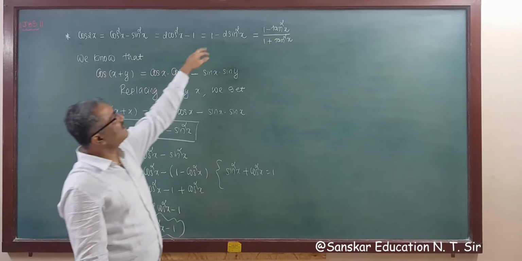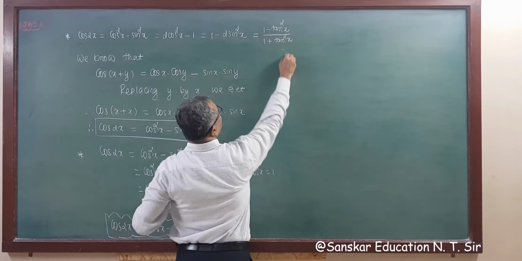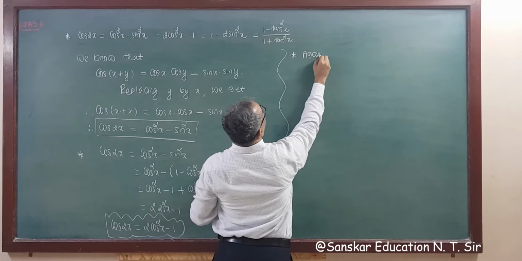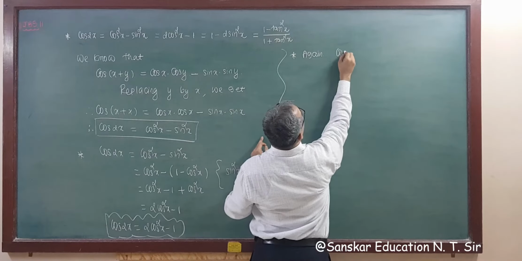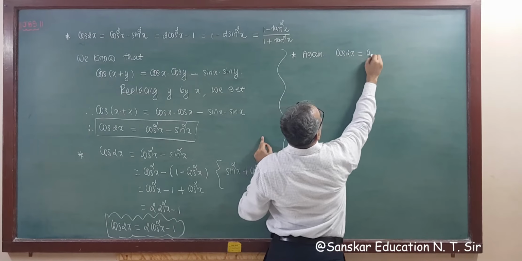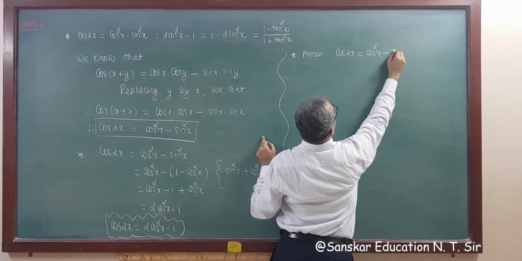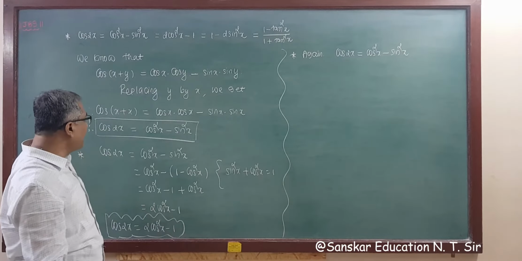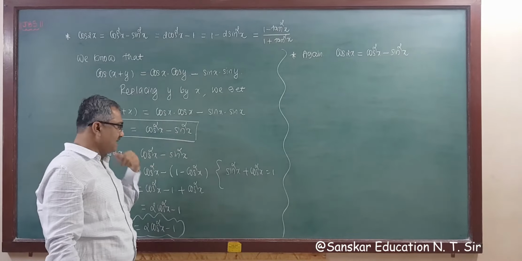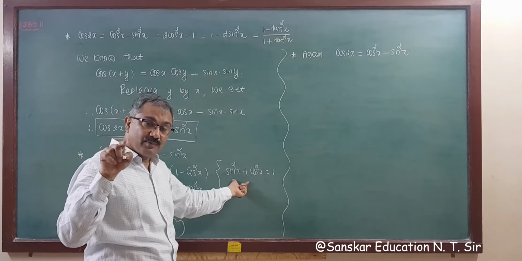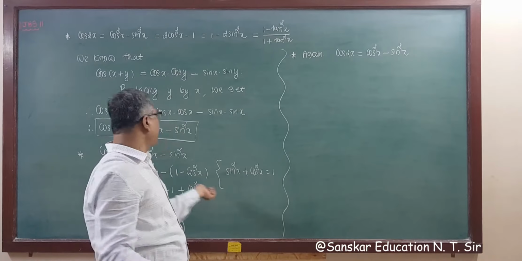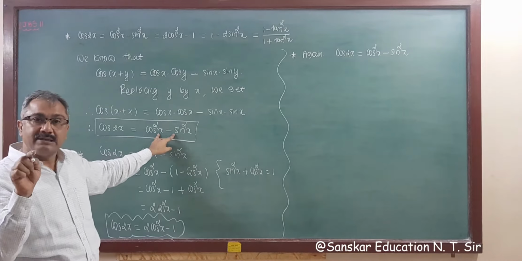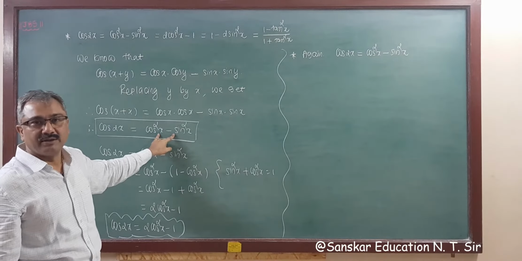Now the third formula is in terms of sin square x. So again, you have the formula cos 2x is cos square x minus sin square x. And remember one thing also, dear: cos square minus sin square is cos twice x, and cos square plus sin square is 1. But cos square minus sin square, this is important. Cos square minus sin square is cos twice x. That you have to remember, right?